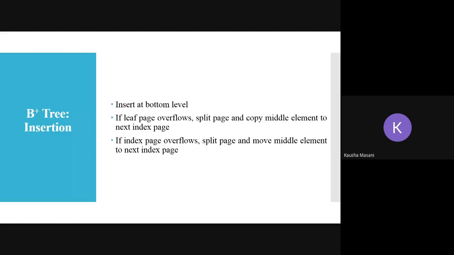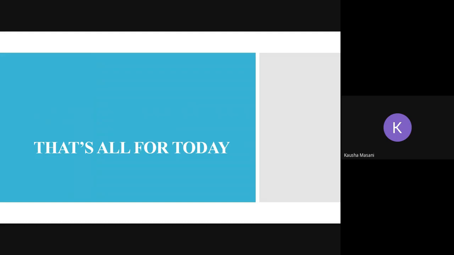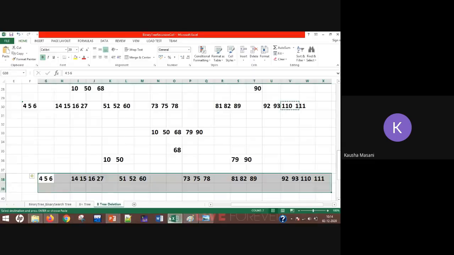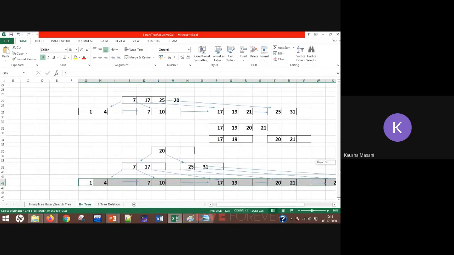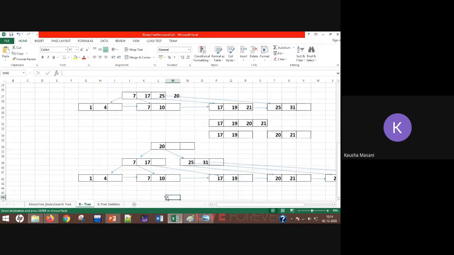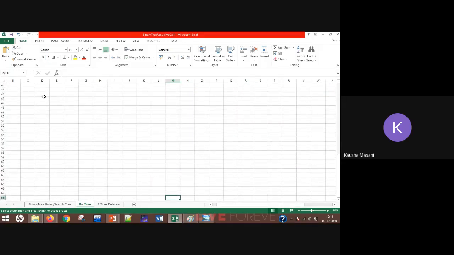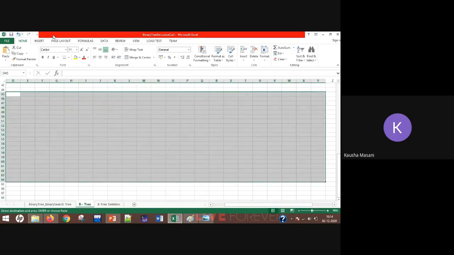ओके, अगर वो पेरेंट लेवल भी ओवरफ्लो हुआ तो वो पेरेंट लेवल का जो नोड है उसको भी स्प्लिट करके वापस से जो भी आपका मीडियन वैल्यू है उसको एक लेवल अप, इंडेक्स अप पुश करो, ठीक है। So this is how you are building from bottom towards up. ओके, इसका एक एग्जांपल यहीं पे है एक्सेल में। I'll explain you this with an example and then we are done for today.